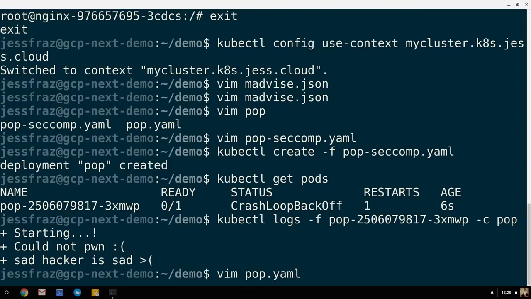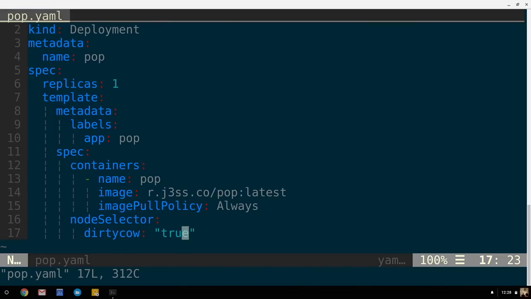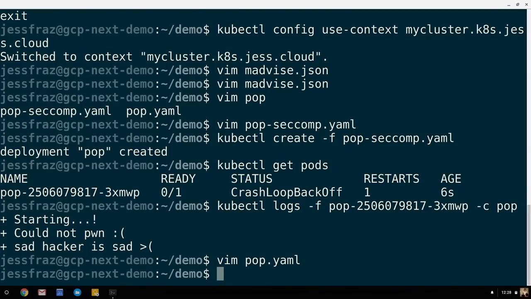So another sysadmin comes along, maybe also me, and forgets to do this. Forgets to add the Seccomp profile. Forgets to even write the Seccomp profile. Just does not care. So we have another one of these where it's going to run on Dirty Cow. It's going to run the same exact container pop, and we're not going to have any Seccomp. I had to do this one second because the node just literally will not respond after this. So